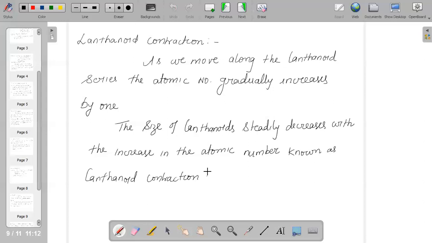When we talk about the oxidation state of lanthanoids, the elements belonging to the lanthanoid series will exhibit an oxidation state of +3. Some elements have the tendency of exhibiting a +2 oxidation state in their complexes, and some exhibit a +4 oxidation state because of the high stability of an empty, half-filled or fully filled f subshell. So they exhibit oxidation states of +3, +2 and +4.